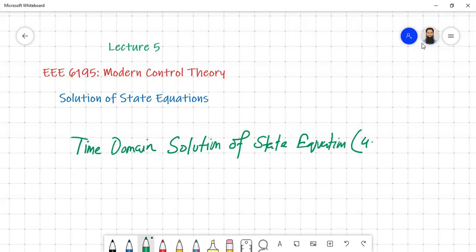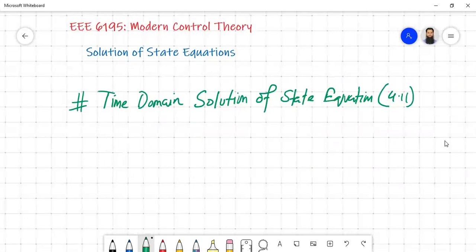So article 4.1. Also, we have to go to the appendix J to derive the theorem. So let's start. In the beginning, we'll start with the homogeneous equation. Basically, our state equation is